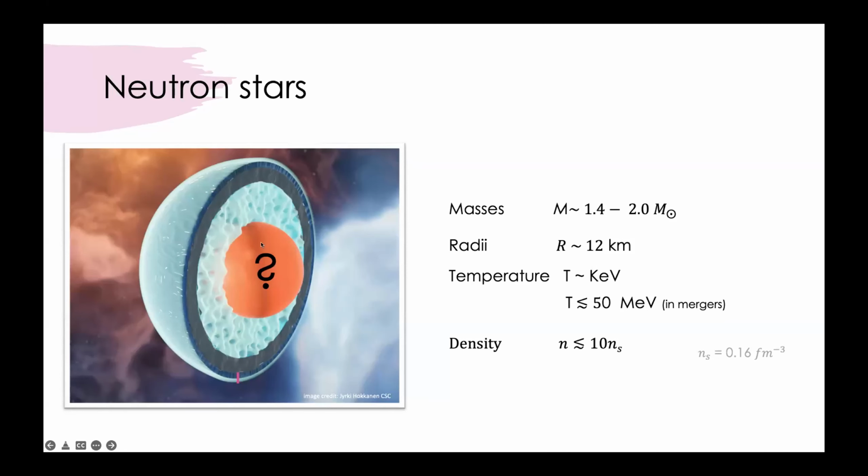Yeah. Okay. So we don't know what's happening inside the star, and in fact, out of this radius of about 10 kilometers, we only have theoretical control on the first 500 meters of the star. So if you can see, I drew here a pink line, which basically shows where we know that the neutron star is under theoretical control. So it is really an adventure to try to understand what is happening inside the core of the neutron star.